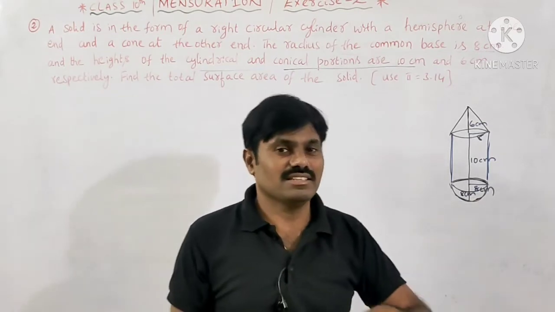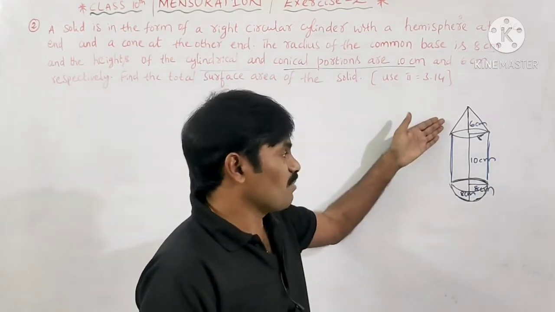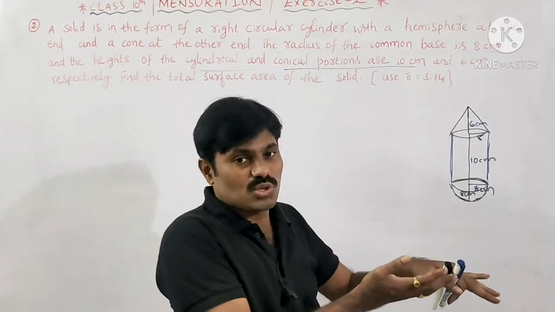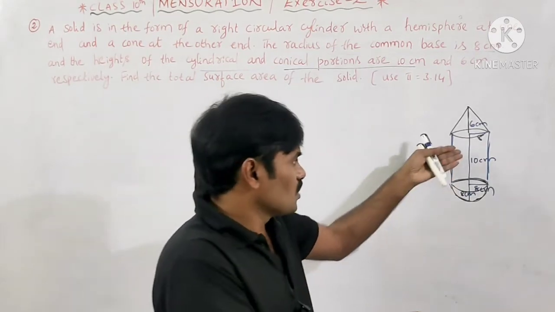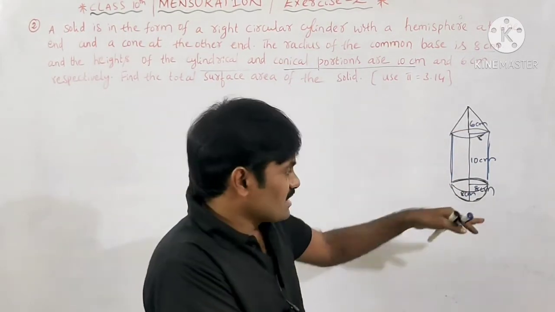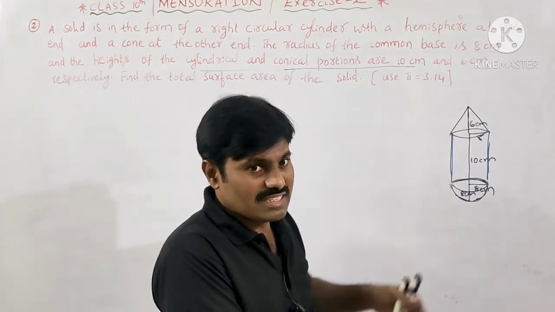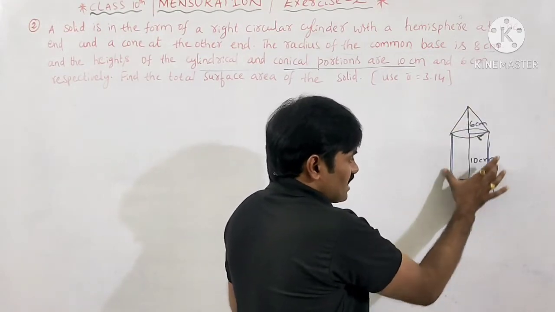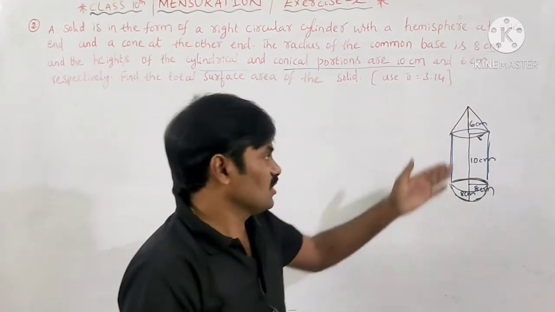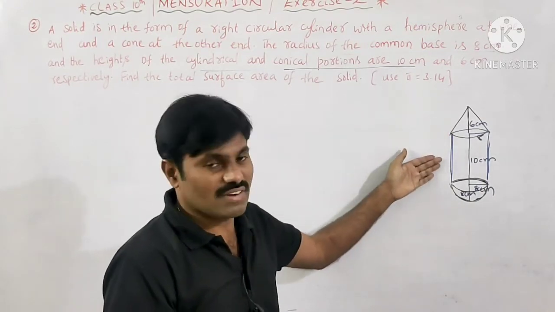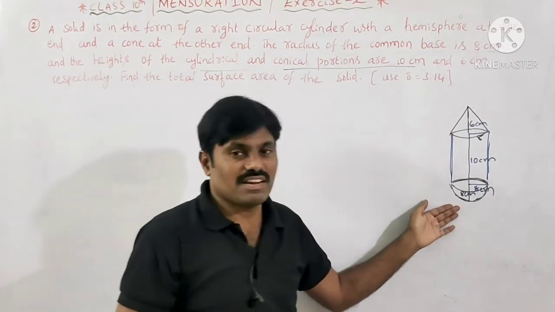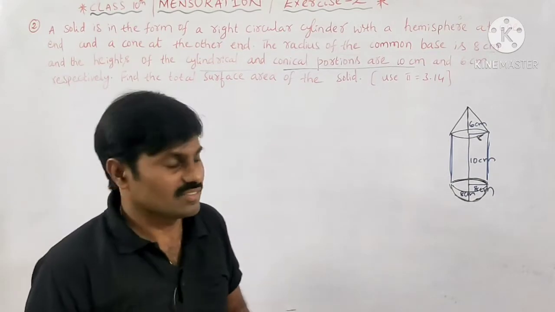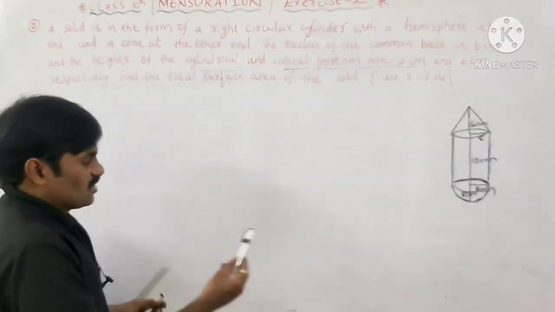We will think that we have to use the total surface area formulas of each and every figure. No, here these three solids are combined with each other, so their bases coincide. So in this case you should not use those formulas. Total surface area means only the outer surface area you have to find, that is the curved surface area. So the curved surface area of a cone plus the curved surface area of a cylinder plus the curved surface area of the hemisphere gives us the total surface area of this solid. Okay, clear?